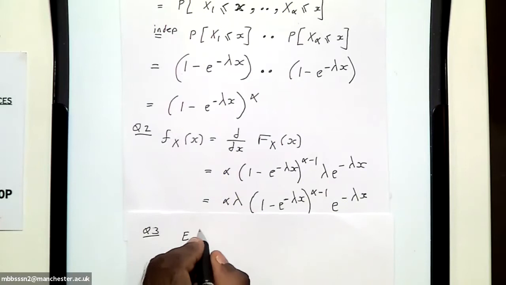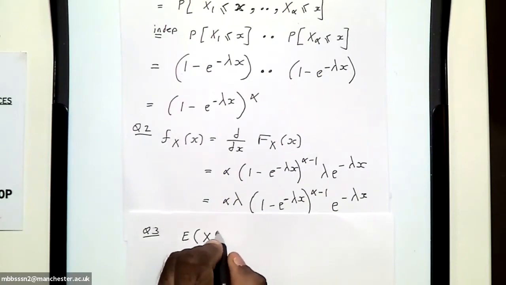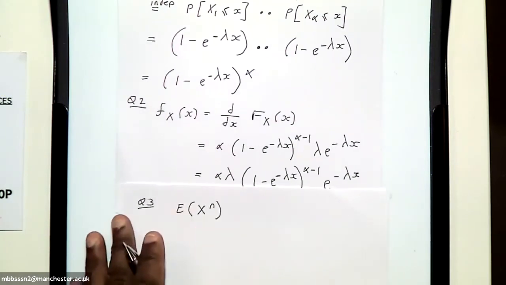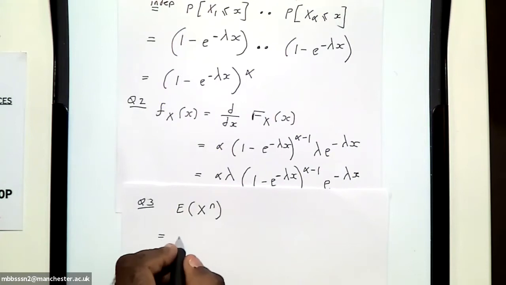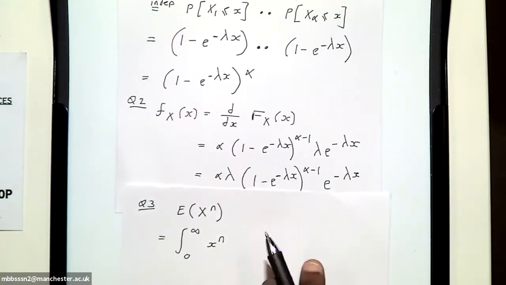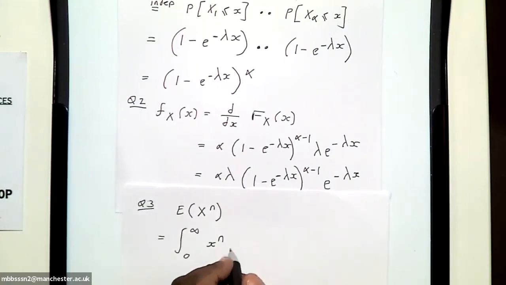The nth moment means the expected value of x to the power n. In this case, this will be the integral, because you're dealing with a continuous random variable. It's the integral from 0 to infinity of this multiplied by the density function, which is this one here. So it's alpha lambda